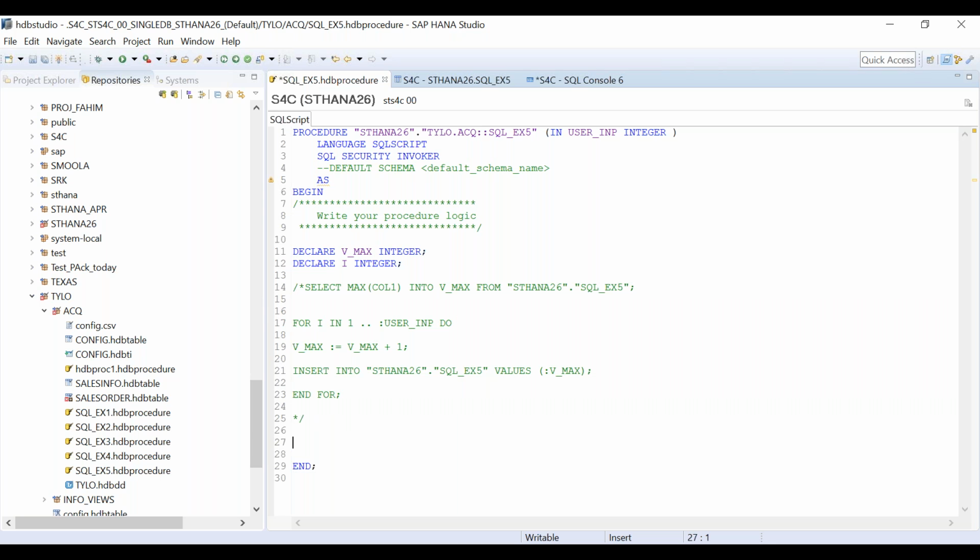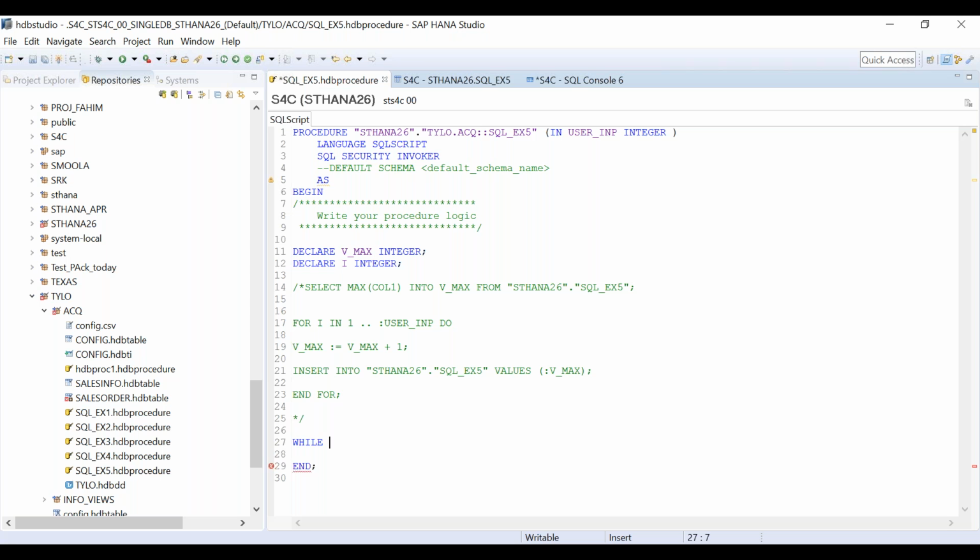Now, how does the while loop work? A while loop actually runs until it meets a condition. So I say please run this loop until one counter reaches 20. Then you terminate this loop and come out of it. Okay.